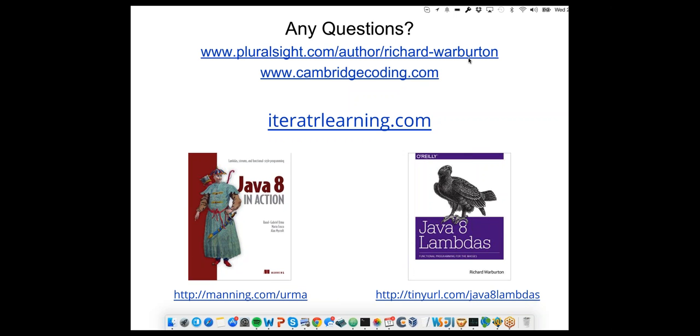Okay. There's one question from Ricardo, and he's asking, can Java support pattern matching? At the moment, there's no built-in support for pattern matching in the language. I don't know if it might be added in a future version. I think it would be a nice improvement, but there's certainly no support at the moment. Okay.